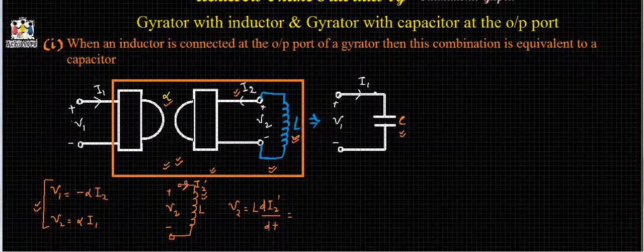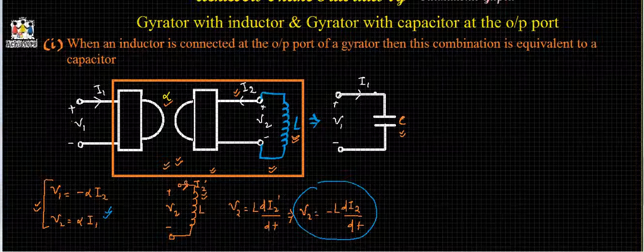So this can be written as V2 is equal to minus L dI2 upon dt. If I combine this equation with these two equations,